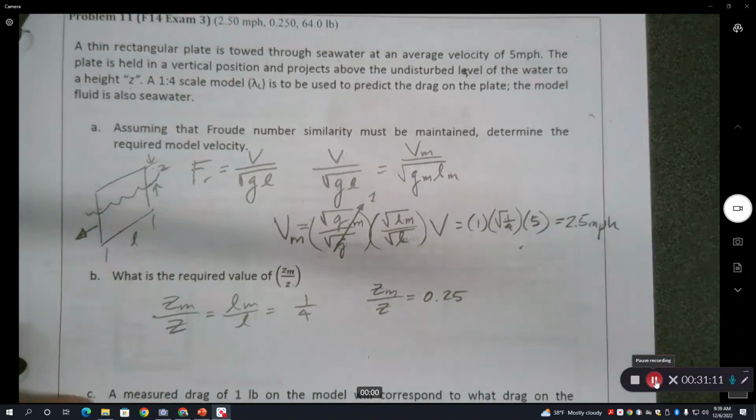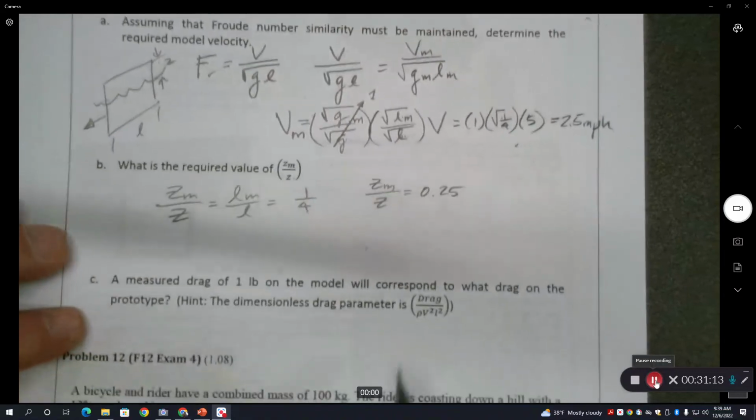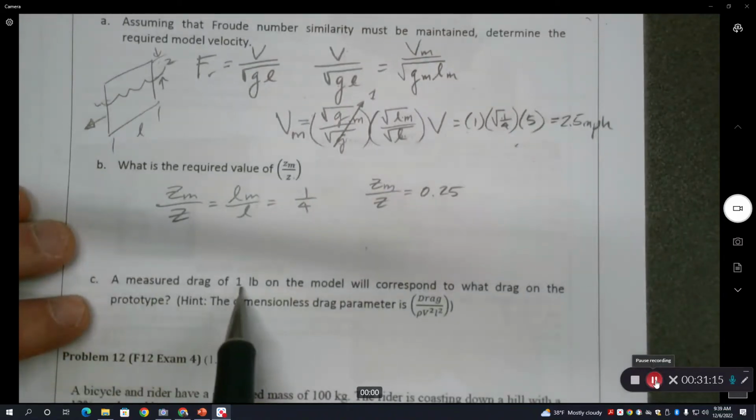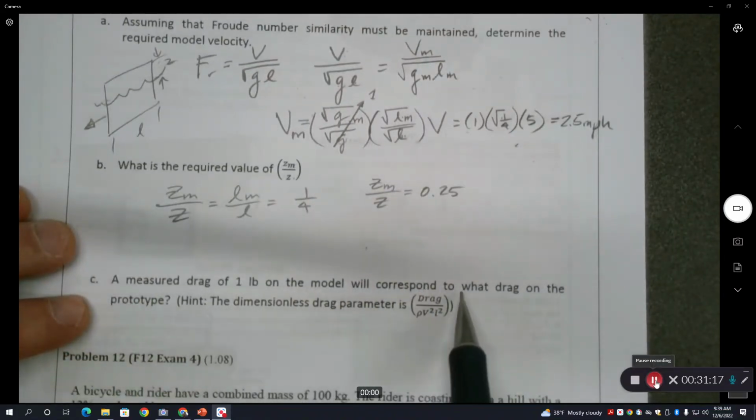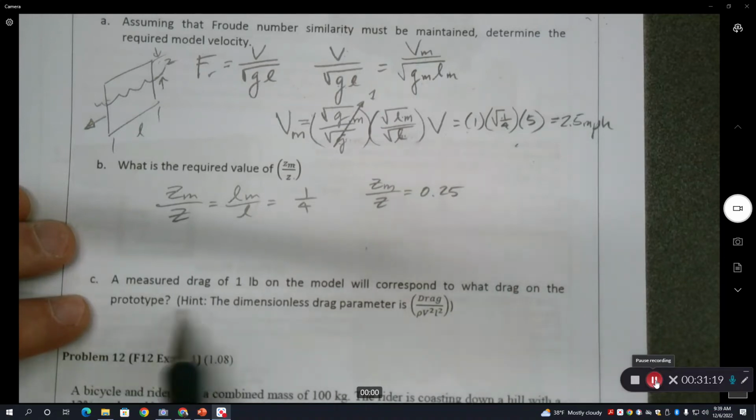And then last is a measured drag of 1 pound on the model. What drag will that correspond to on the prototype? And the hint was that this ends up being the dimensionless drag coefficient right here, where we have